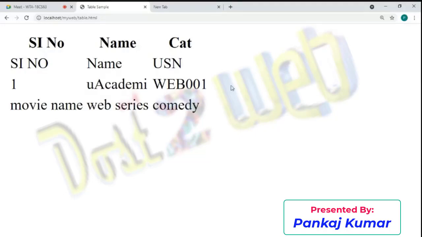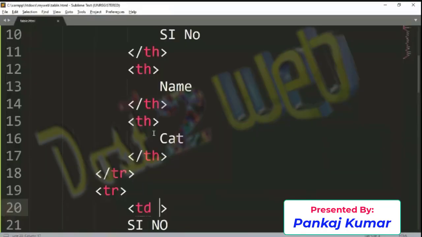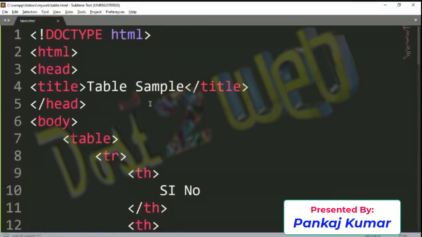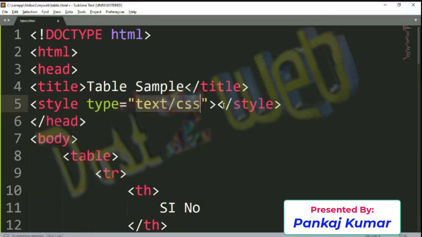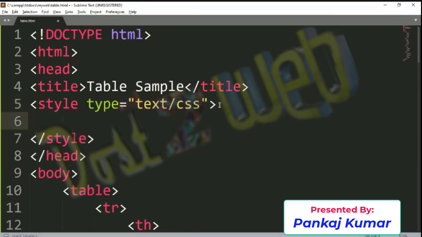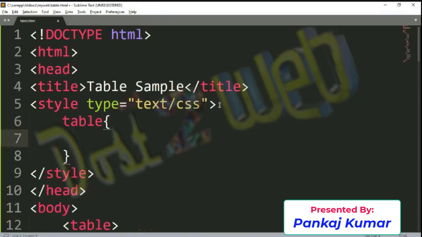So we have to define the table border. Then come to the code part and define the CSS properties. I'm using embedded CSS here. I'll use the style tag, okay? And within the closing tag, you are going to write table, because we are going to write for the table property.